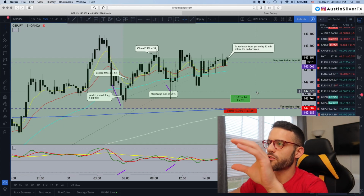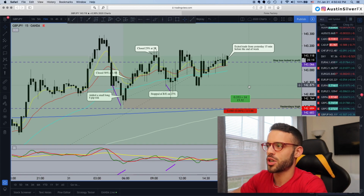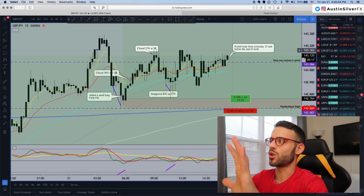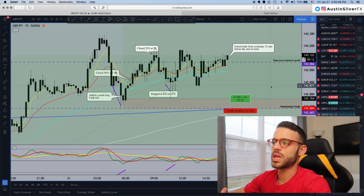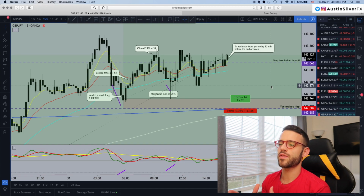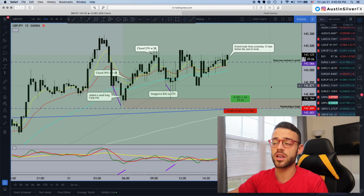Right there, guys, it's 4:50. I just closed the remaining piece of the trade that I was still holding in from yesterday's position. Even if it wants to push a little higher here in the last 10 minutes of the day, I'm happy with the win. I'm going to take it into next week, take it into next month, and be very satisfied with the fact that not only did it turn into a great result as far as pips and distance and dollars,